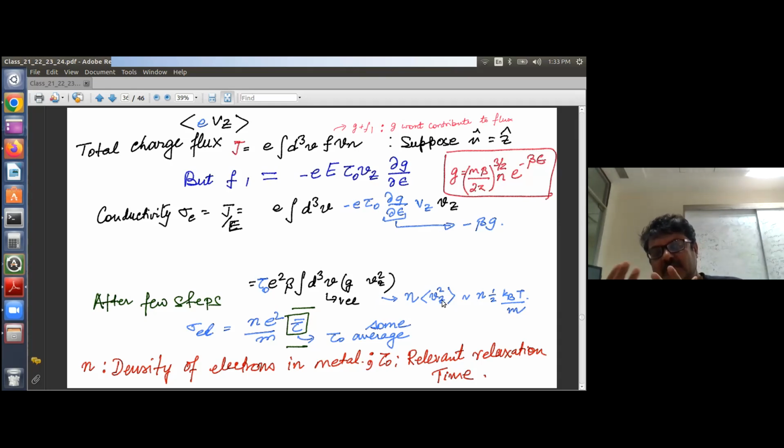The average value of Vz square. And remember, we are using the equilibrium distribution function here, right? As a consequence, this Vz square is nothing but half kbt by m. And this n remains intact here,